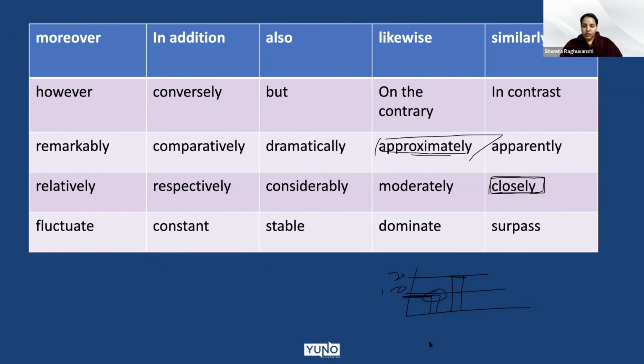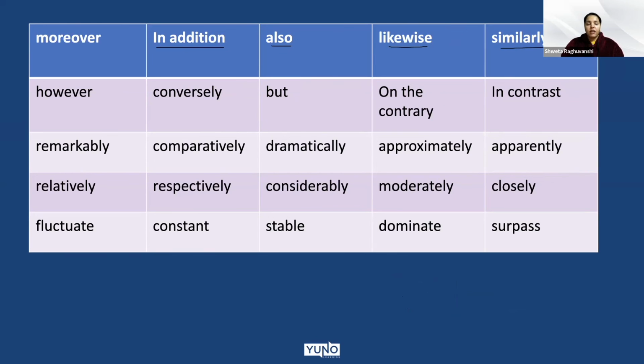Okay. Now let's move forward. So these are a few words that we use while we are writing. Moreover is for something that you want to add information to. Moreover, if you keep talking about something, you expressed your idea, but you want to express another idea. So we use moreover. Similarly, we use in addition if we are talking about adding on to other ideas. Also is for the same, likewise is for the same. And similarly is for if we have given information about, suppose, a pen, and now we want to talk about a pencil. So we'll say similarly, if we talk about a pencil, we are talking in the same way, but we are giving different information now, right? If there is a huge difference that we see, for